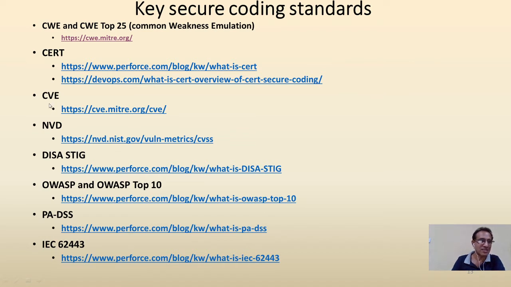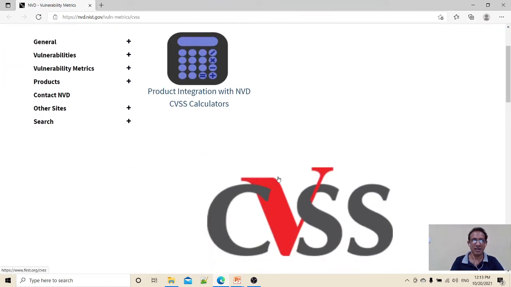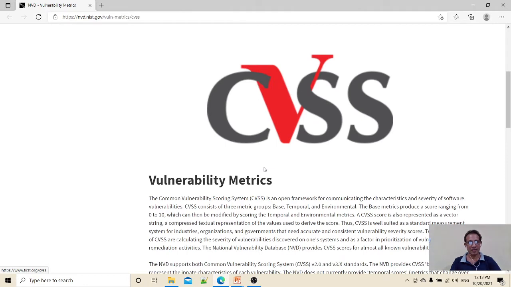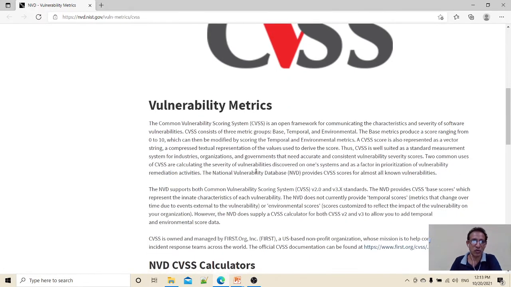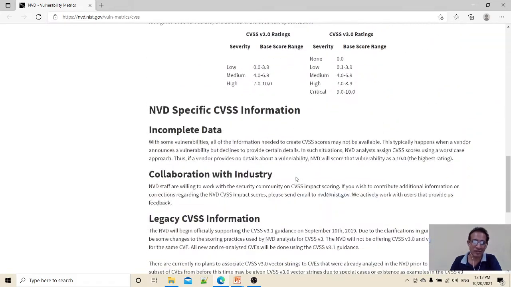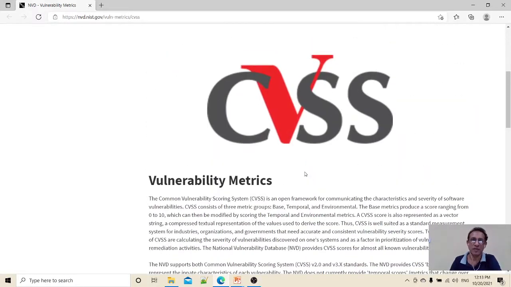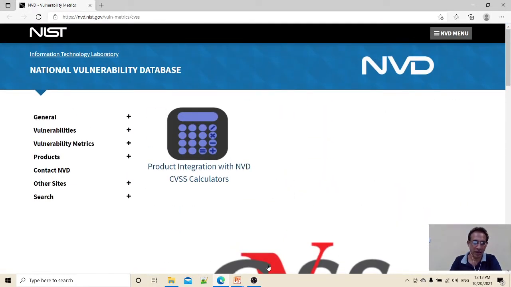The next one is CVE, and as well as the NVD, which also has a US government and NIST calculator tools to use, the metrics. So the actual vulnerability metrics are very popular among most developers, and they are well-standardized practices to be used by the developers